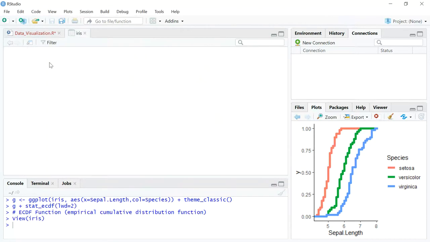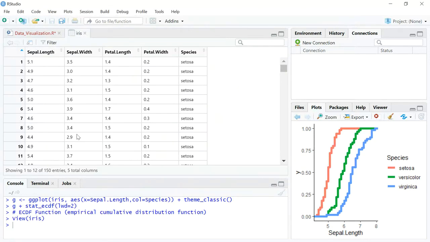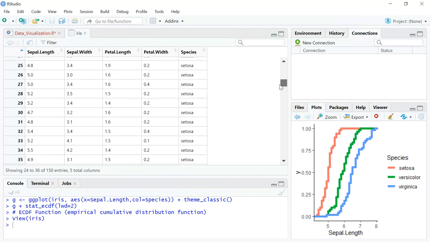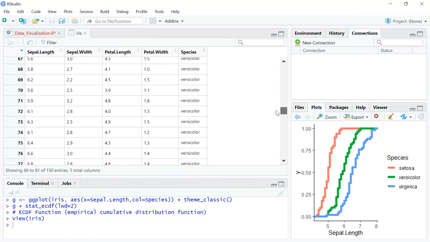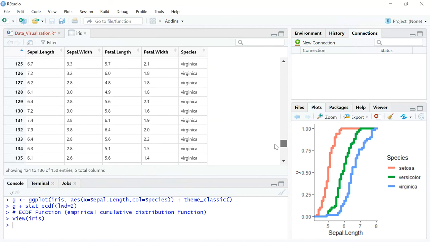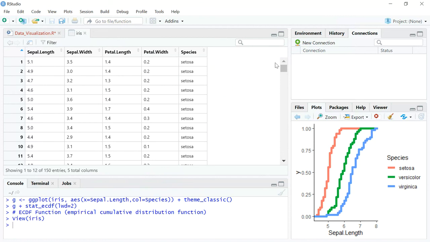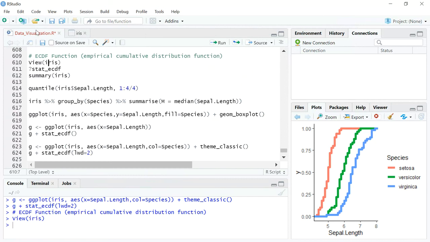First of all, let me show you the iris dataset. The iris dataset has 4 different columns which are numerical variables. I think this has something to do with flowers, their sepal length and petal length, and their widths. And you've got three types of species: the Setosa species, versicolor, and Virginica. So we've got 3 different types of flower species, and we're trying to measure their sepal length and width, and petal length and width. So we're going to use this data set.